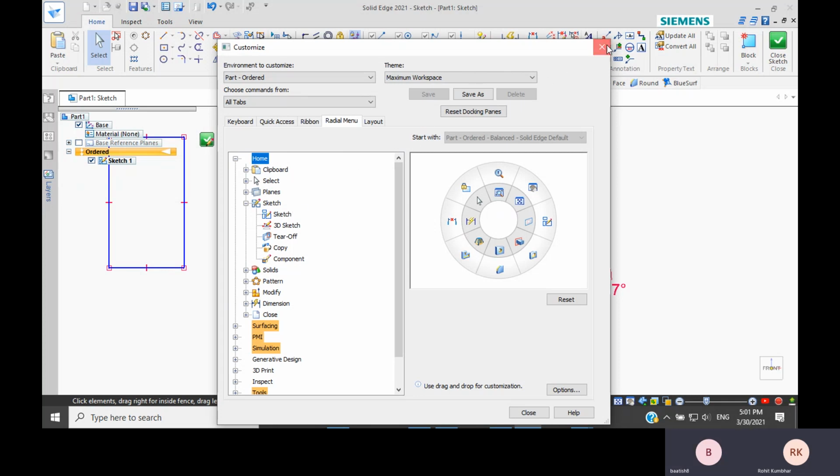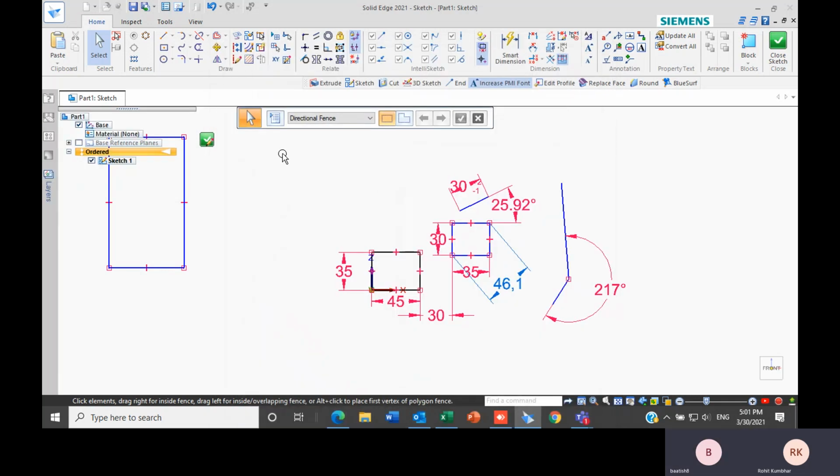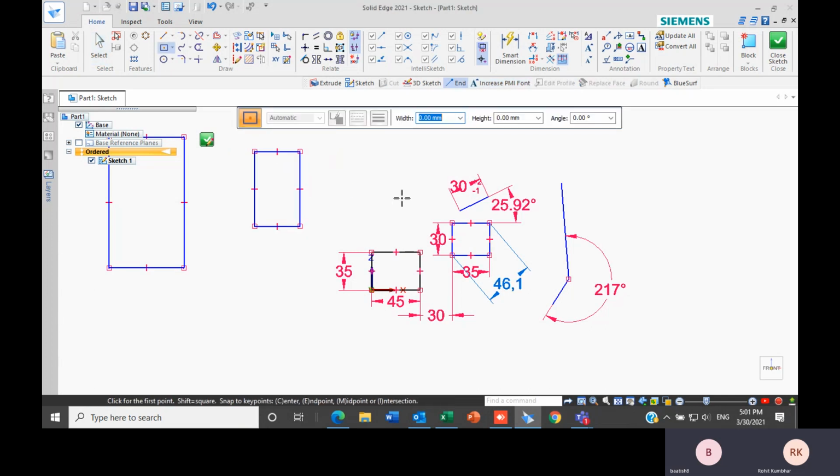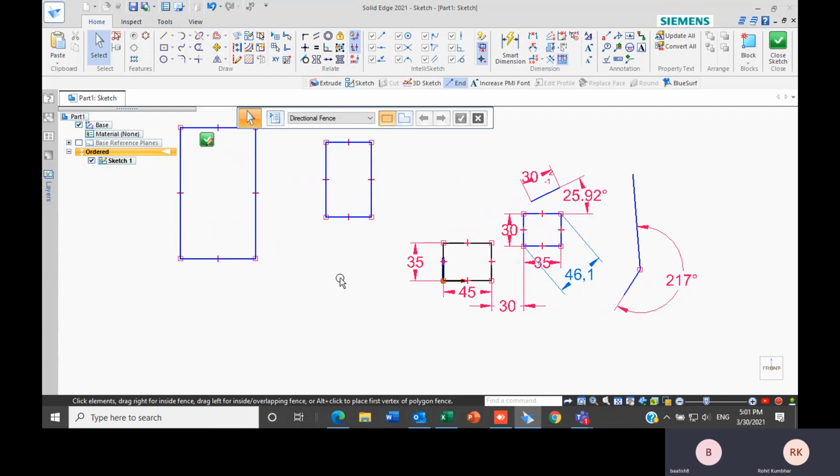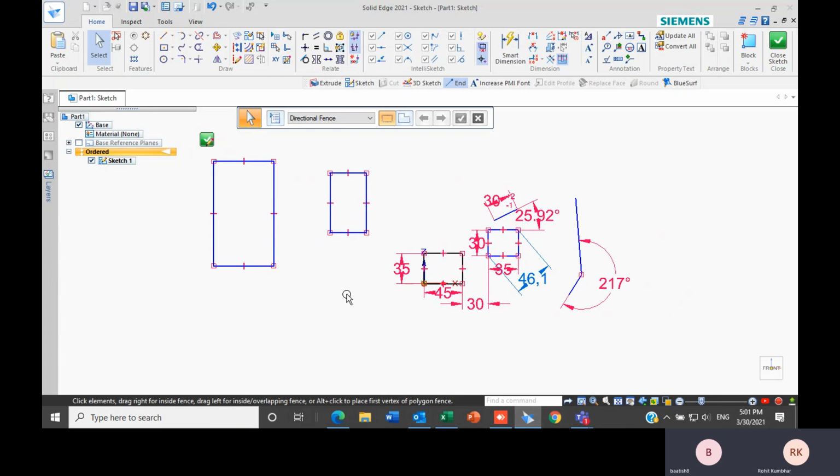And when you try to select, just press the right click and select the command, and it will go according to that command. So you don't have to press the keyboard shortcuts. Okay, so this is mostly about sketching from my end.